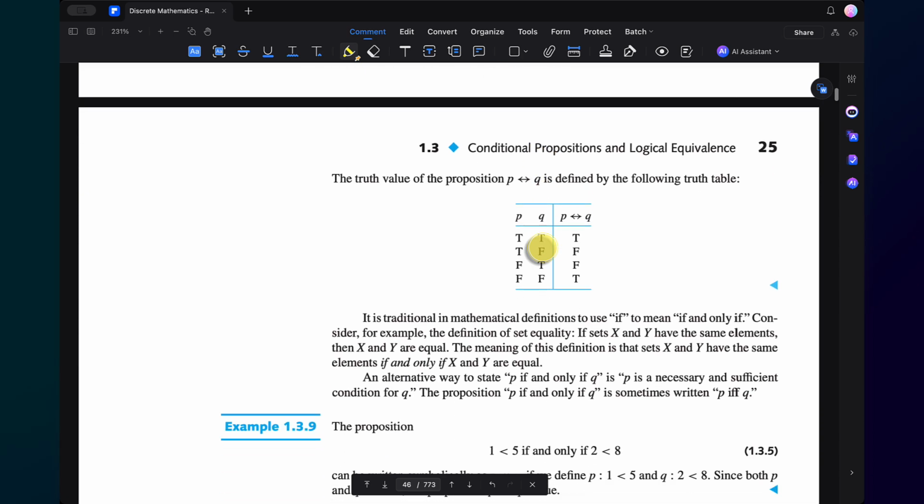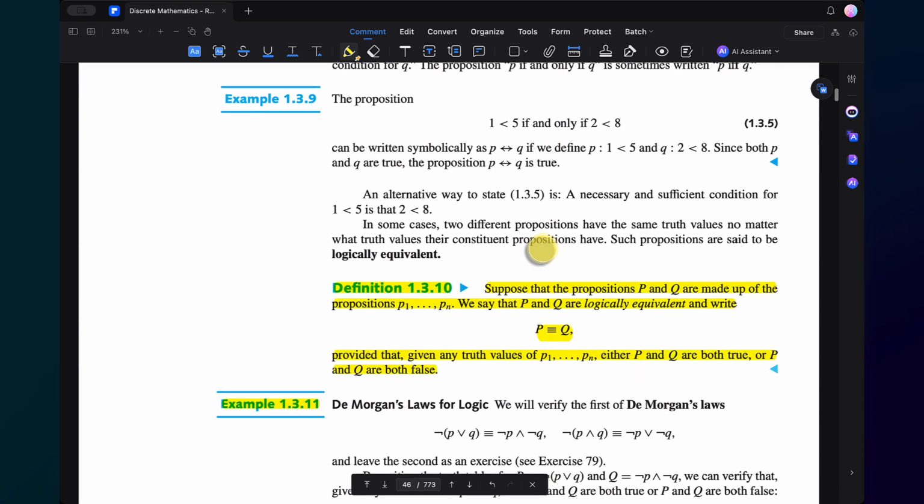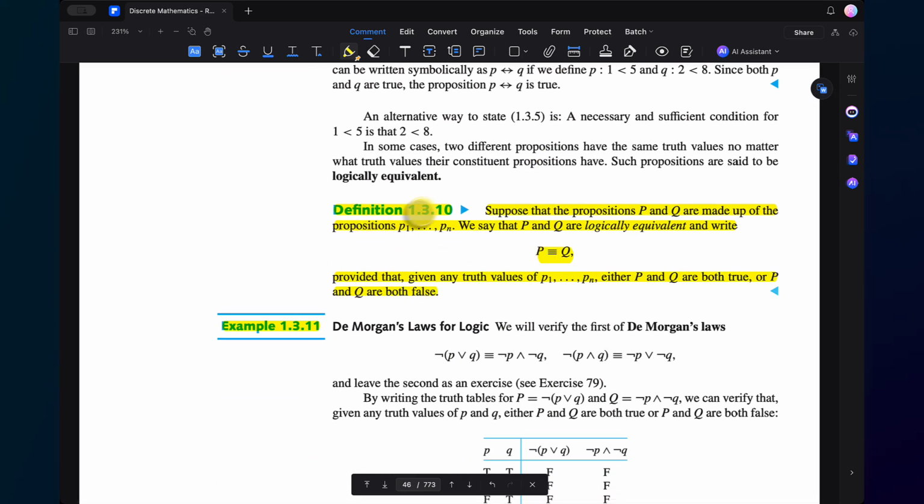Yeah, never mind the thing about logical equivalent. I was speaking out of turn here. Here we go. Definition